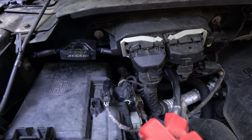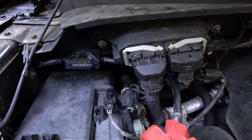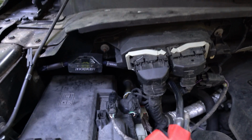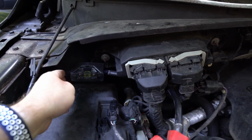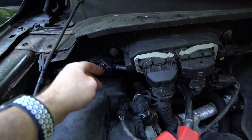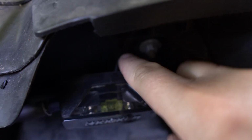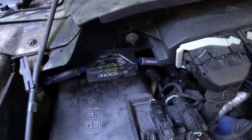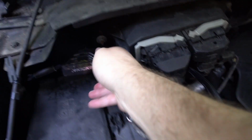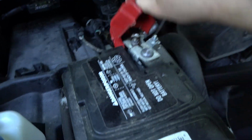So I did a lot of work without the camera involved here because it was getting kind of late last night and pretty dark. I cut the power wire that will go to the amp and installed this Kicker fuse on it. And there's a nice location. There's a clip here that you can't really see. There's a clip sticking out that I zip tied the fuse to so that it's nice and secure, won't go anywhere, and then I wrapped the wire around and connected it to the power